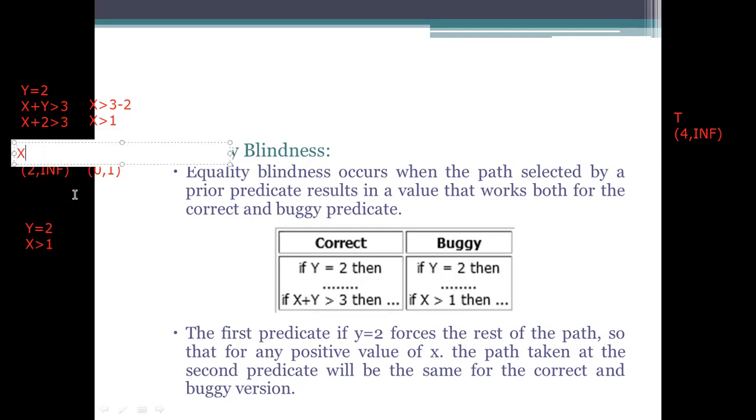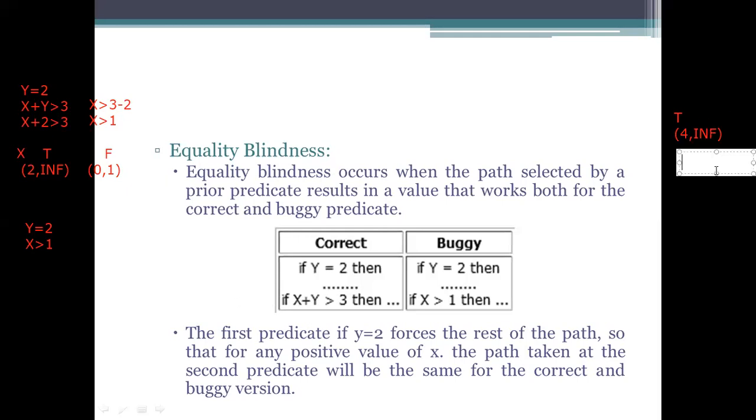So whenever we take the x value 2 comma infinity, then only the expression will become true. The total expression becomes true when we have the value 4 comma infinity. The true value is 4 comma infinity, and the false value is, take only the positive integers, 0 comma 3.